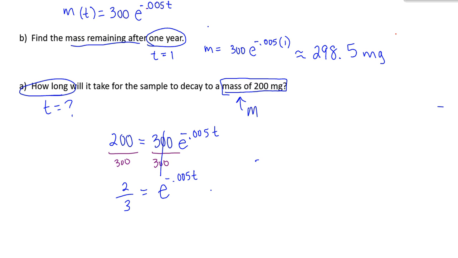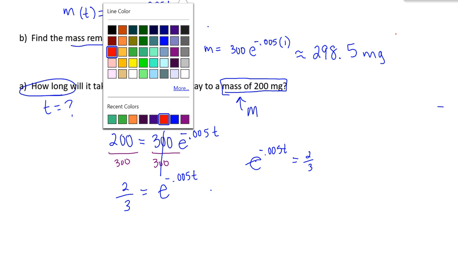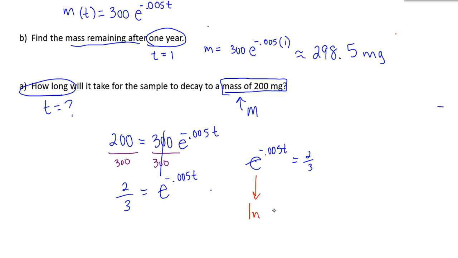Okay, got to write it with my exponent on the left. e to the negative 0.005 t equals 2/3. All right, e automatically turns into ln. Okay, switch sides. ln of 2/3 equals negative 0.005 t. Last step is divide by negative 0.005. And then t is approximately,